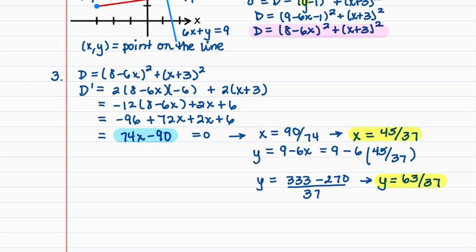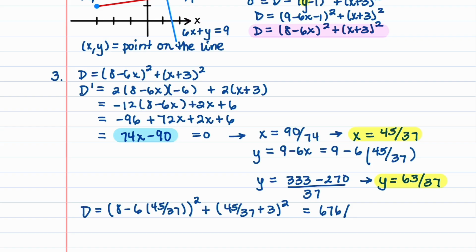Now what we need to do is find our minimum distance. So let's first find capital D. Capital D is 8 minus 6 times our x, which was 45 over 37, and that gets squared, plus x, which is 45 divided by 37, plus 3 quantity squared. I am not going to take time in this video to work through that calculation, but you end up with